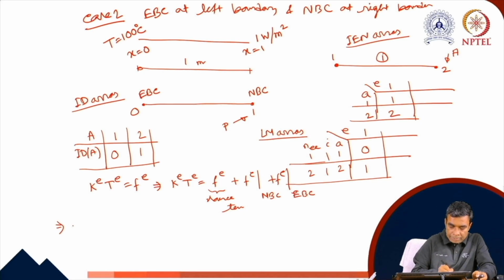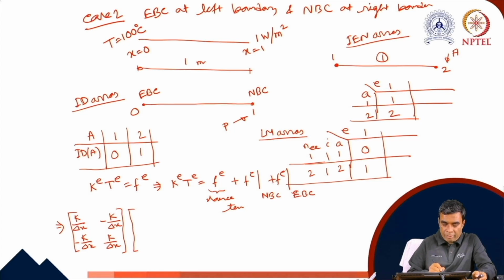So this gives us the left hand side coefficient matrix: K by delta x, minus K by delta x, minus K by delta x, K by delta x. This is the element level stiffness matrix. Here the first equation involves T11, and the second degree of freedom at the second node, T21, is the only unknown quantity, equals to